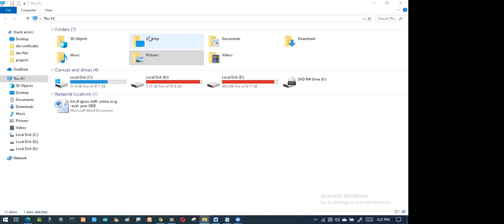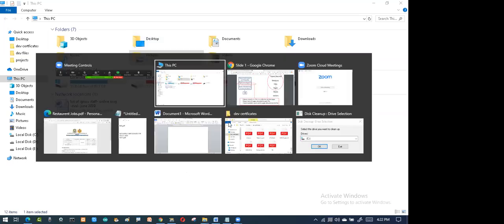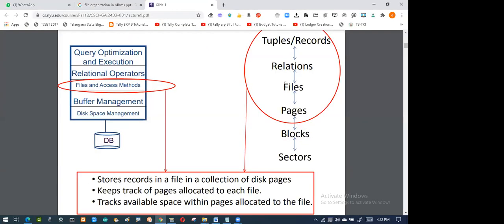But this is not how data is actually stored on the hard disk, because the computer knows only zeros and ones. The files you see here are made of pages, blocks and sectors.